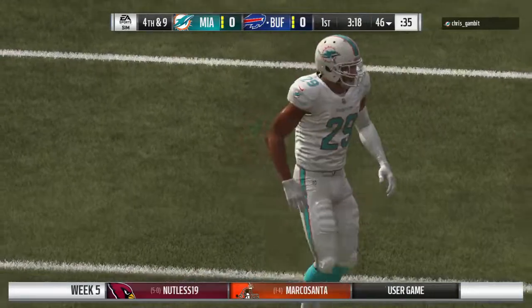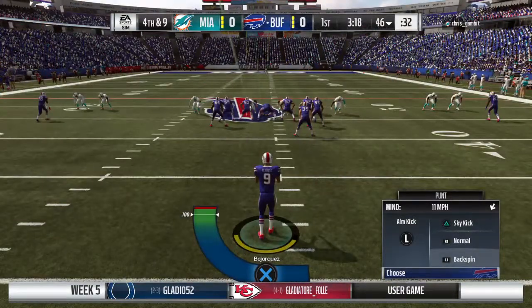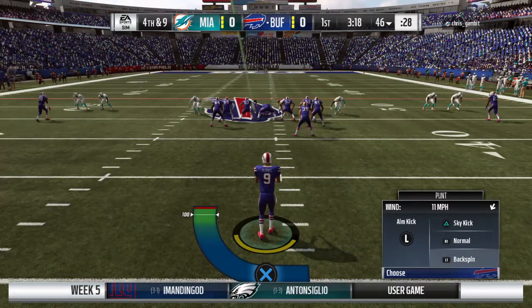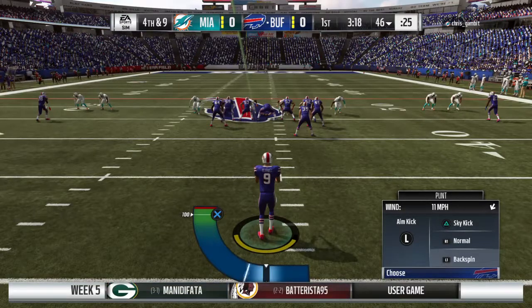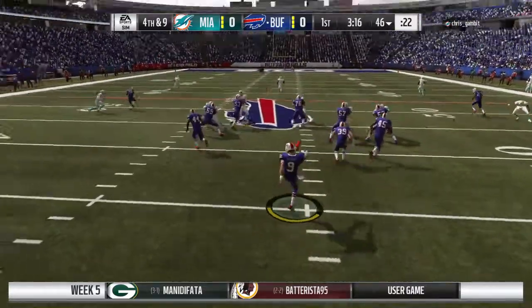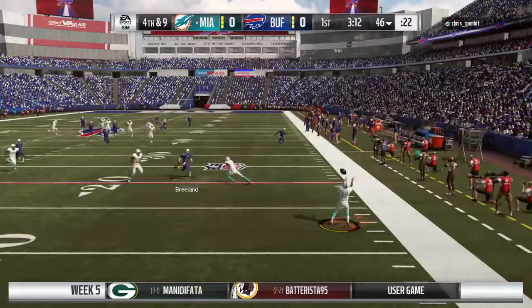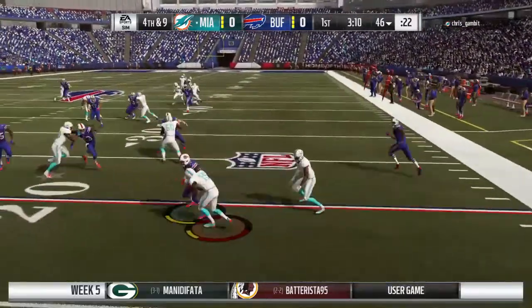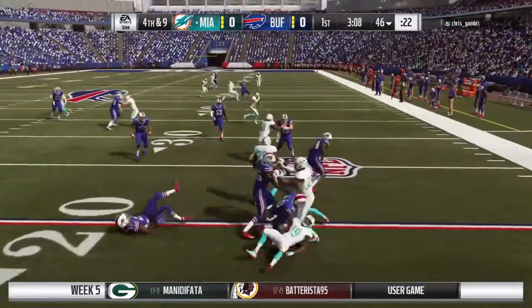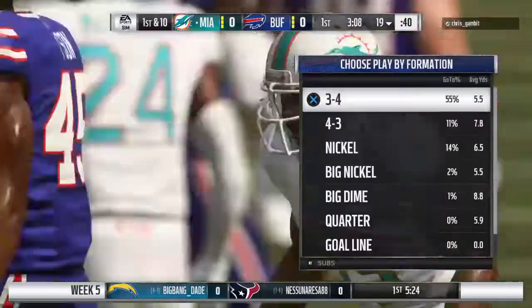We always talk about in-game adjustments. How about what the defense did there, able to shut them down on that attempt? The Bills send the punter out. Back deep, Jakeem Grant. This is taken at about the 14. It'll be 37 yards there on the punt, and it'll be...